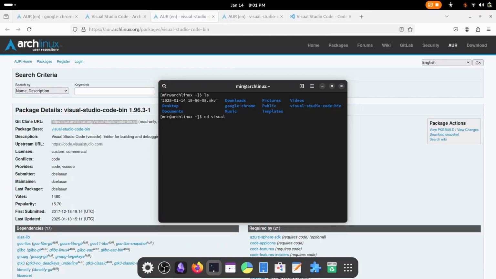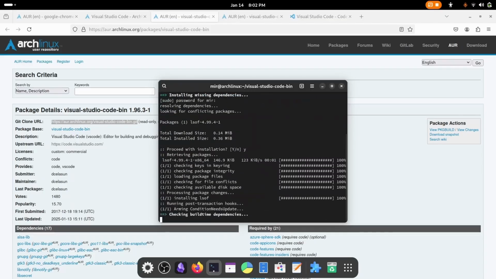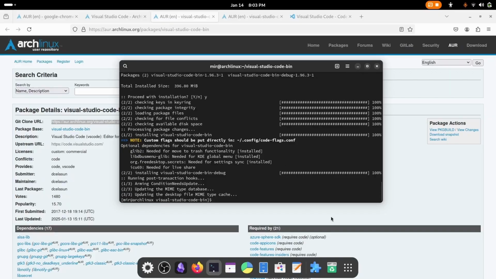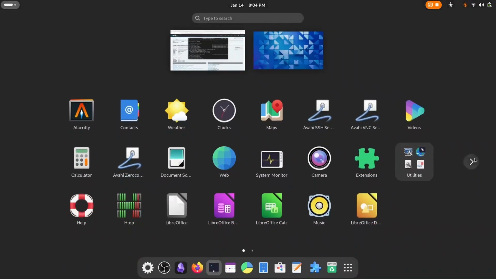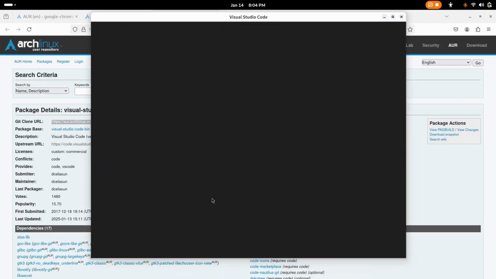Okay, TAB on your keyboard, it will auto complete it. Now makepkg, and it will start. Yeah, just type your password, Y to continue. It started downloading. We are done. Okay, it will come here. Yeah, we got the VS Code and Chrome as well.